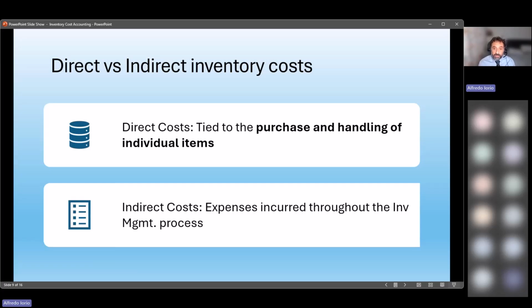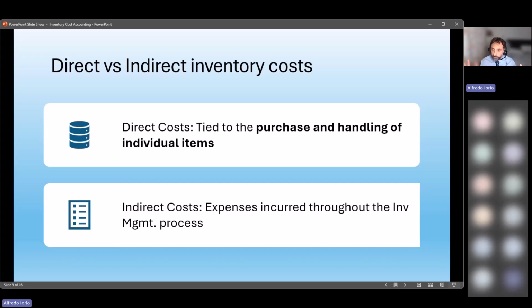We also have in Business Central indirect costs, and indirect costs are expenses incurred throughout the inventory management process. It can be repacking, it can be some relabeling, for example, items that you don't really apply to a specific item or purchase, but those are costs that are expensed